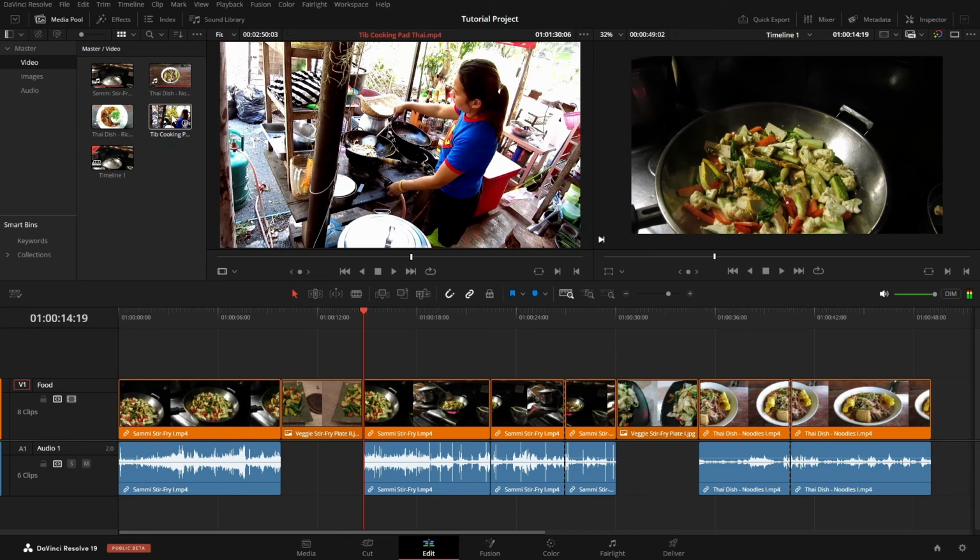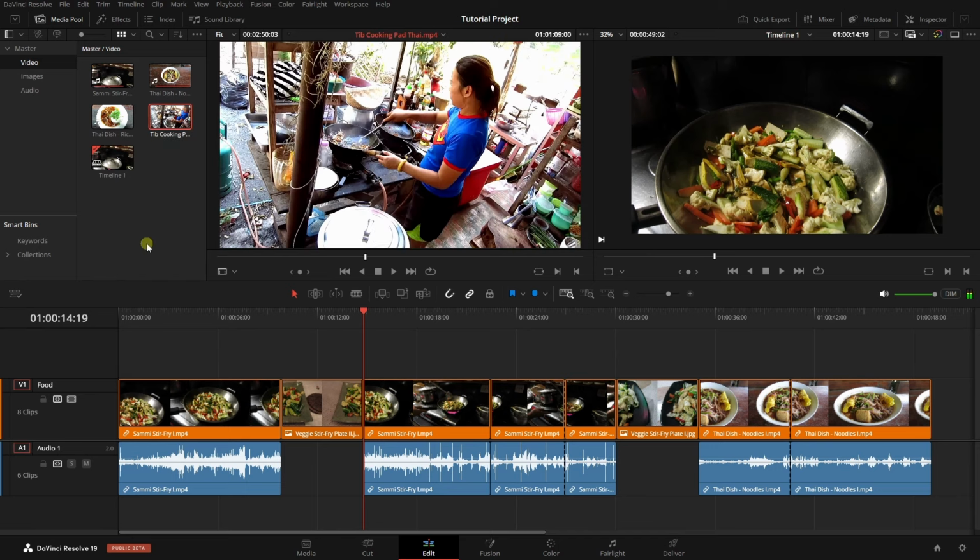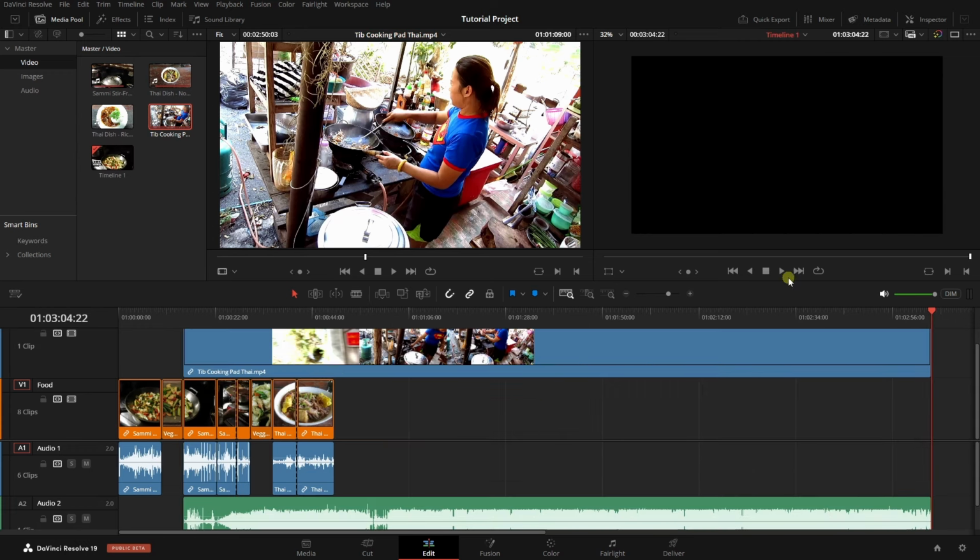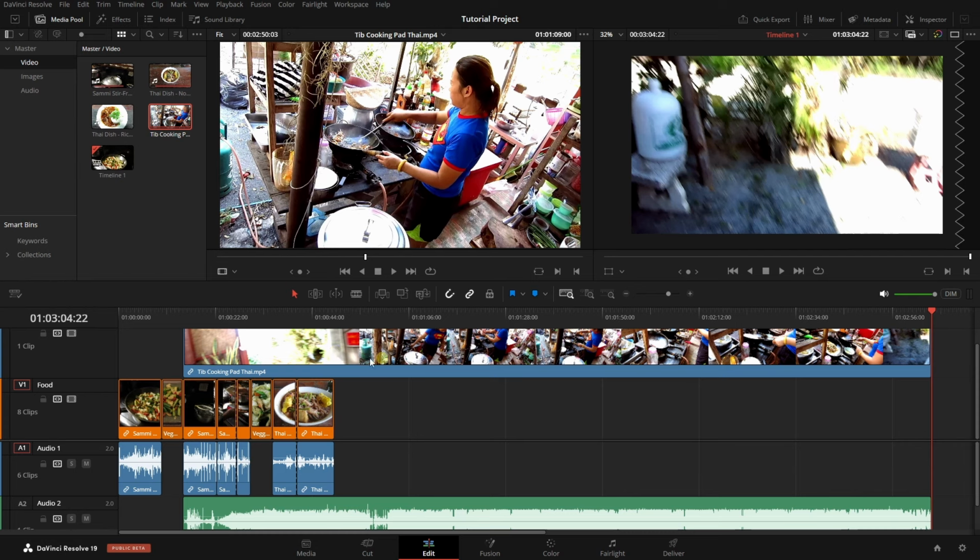If we double click here to make that active in our source viewer, notice that at the bottom here, it's a little bit hard to see because this is white, but when we hover, we have this overlay. The first one is a film strip. The second one is an audio icon of a waveform. If we have a video file where we'd like to just import the video and leave out the audio, because if I were to click, hold, and drag this, as we've seen earlier, and say place on top, then we see that we have a second